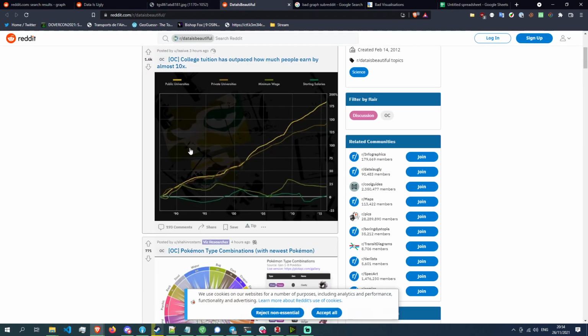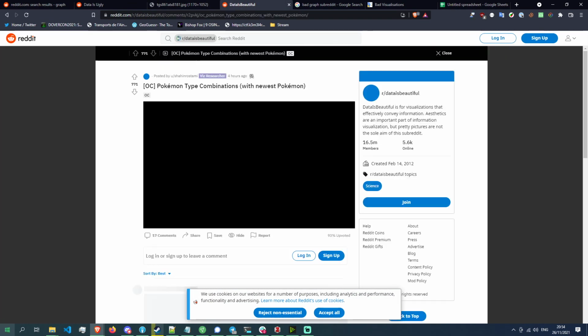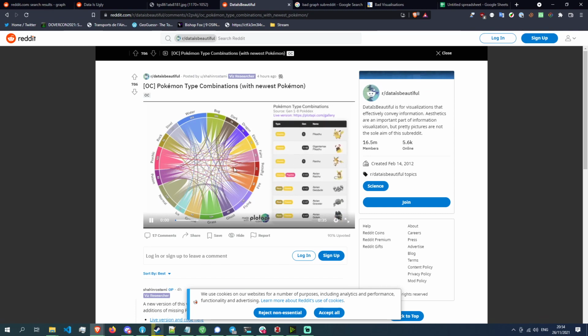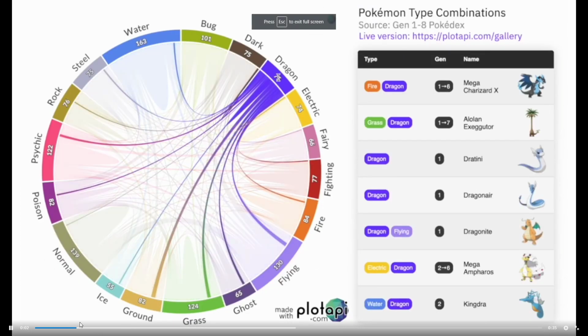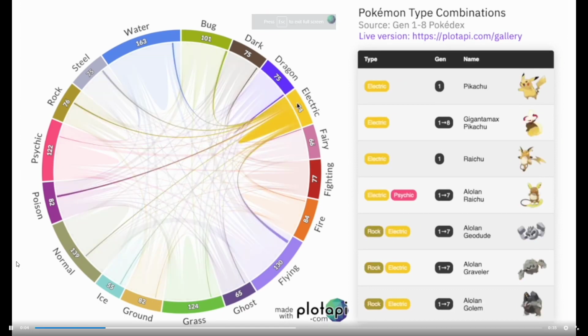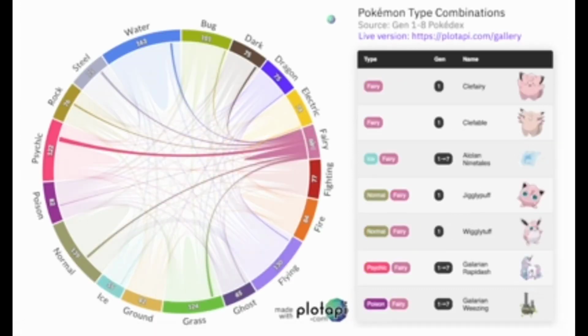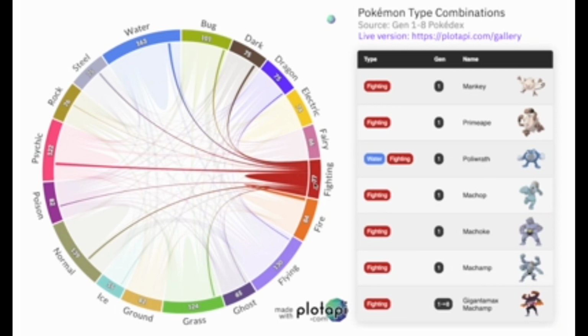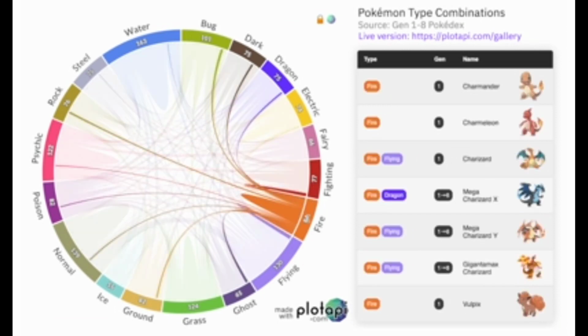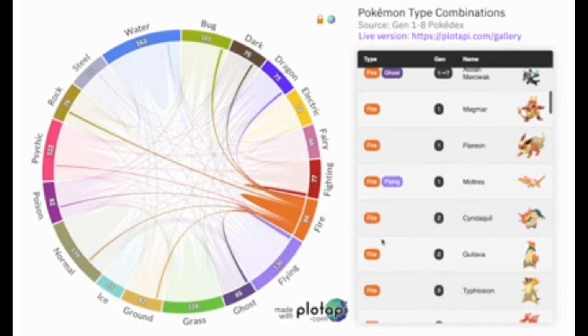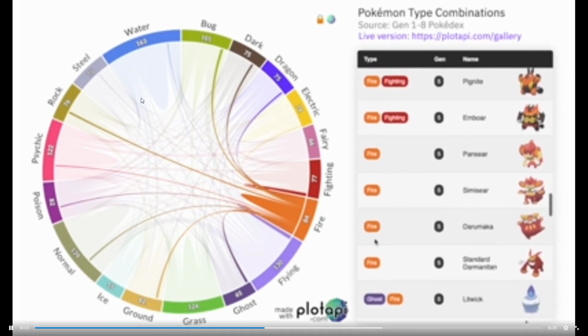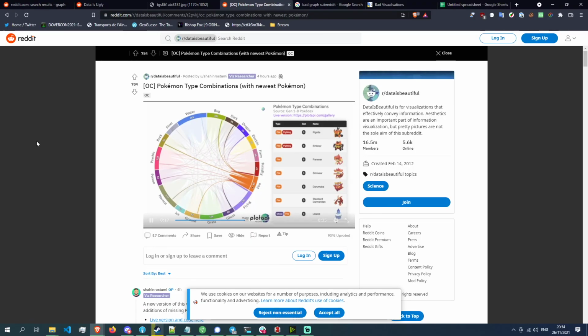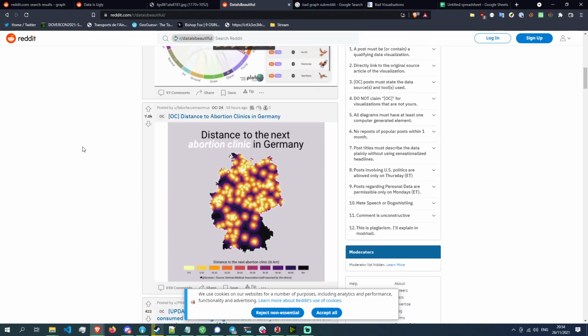Now you of course have some very nice visualizations as well, like these types of things. I don't know if you do Pokemon or if y'all know much about Pokemon, but if you do, this is a very nice visualization of type correspondences. Very nice, very informative. Everything is nice. Good stuff. So you have the potential to do very nice